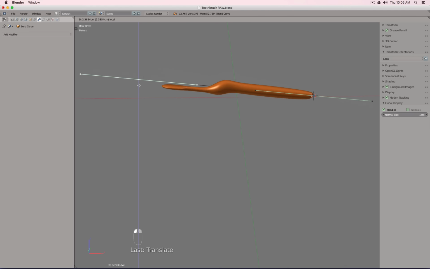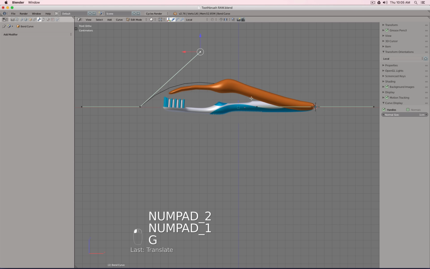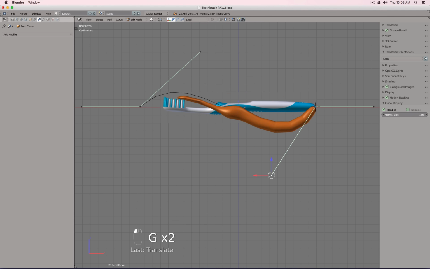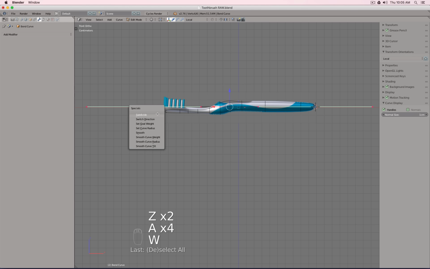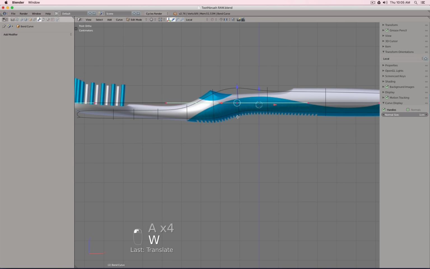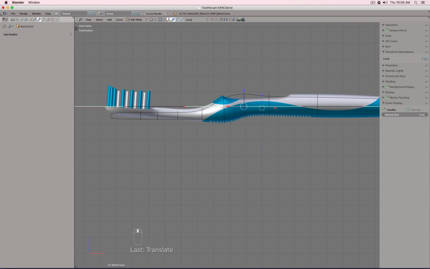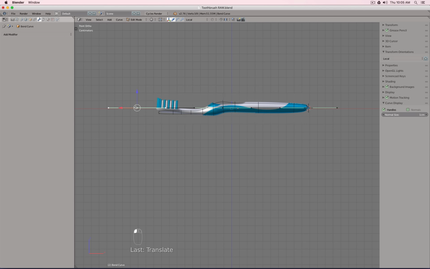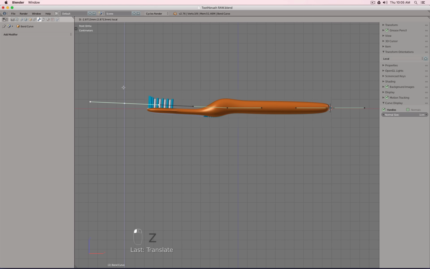If I move this one up, whoa, see it does this. If, for example, I move this line up and this line down, you see like I create actually an S shape and then I bend my object along it. So what I will do is I will add another point, and for example, I'll move this one up a little bit, maybe till there,